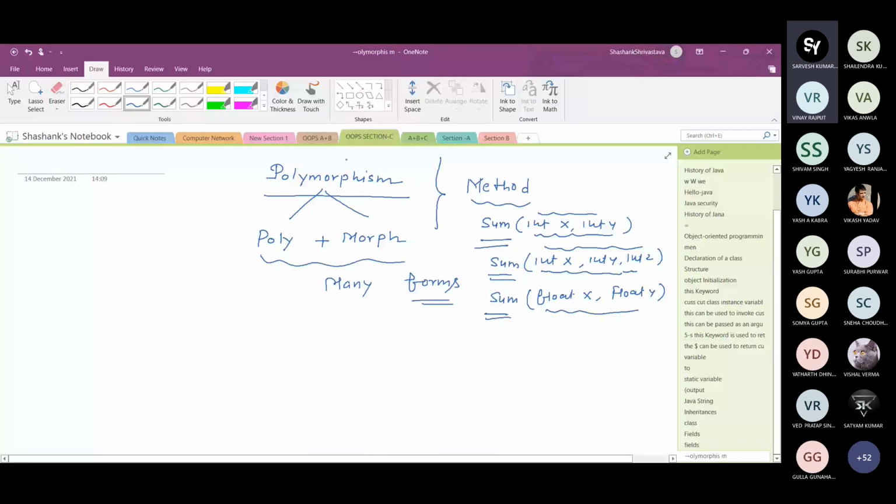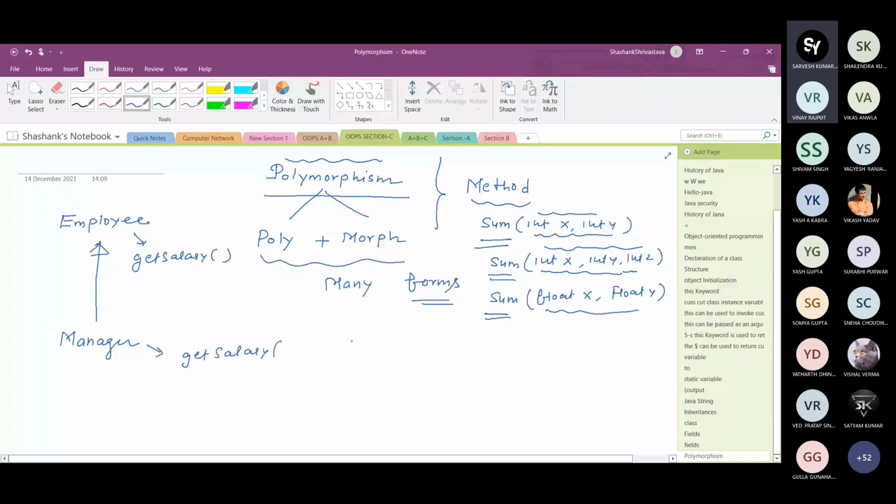Similarly, in another case, suppose if I take the example of employee and manager. Manager is the child class of employee. Suppose there is a method in employee class that is get salary method. So actually, when manager inherits the employee class, it extends the get salary method. But here the manager overrides this get salary method.